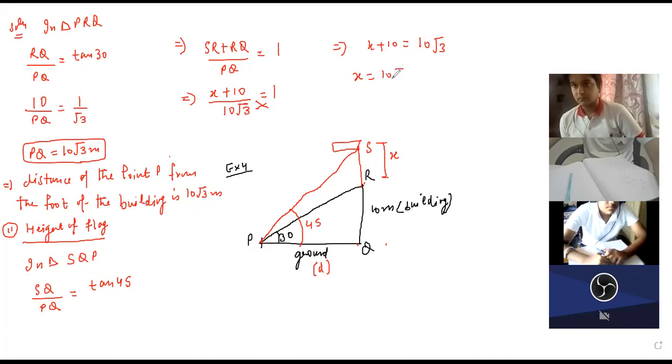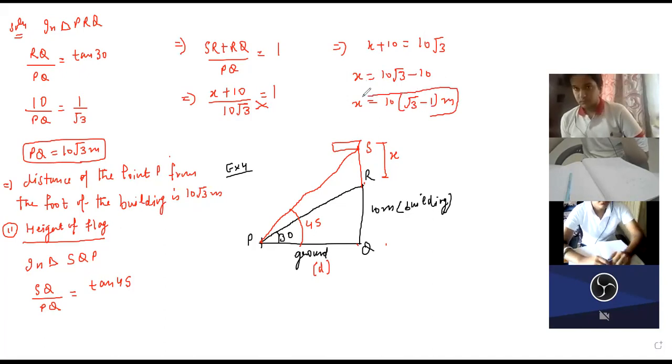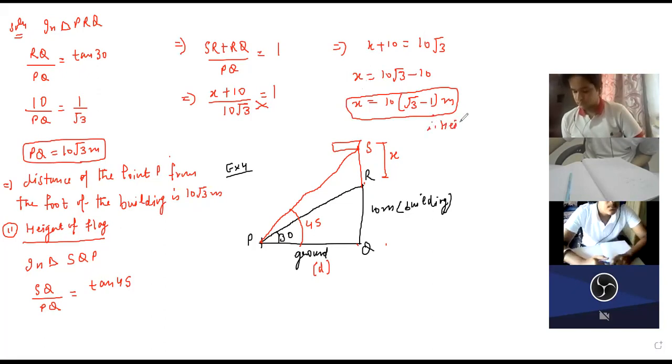X is equal to 10 under root 3 minus 10. X is equal to 10 times (under root 3 minus 1) meters. So therefore, the height of the flag is